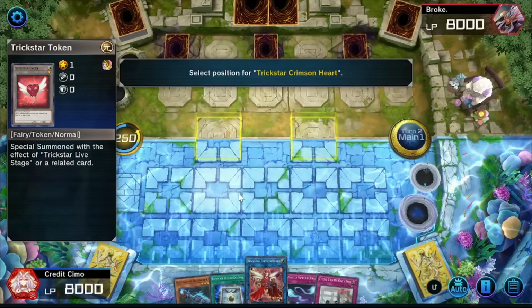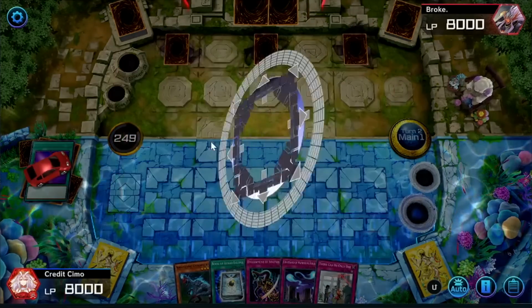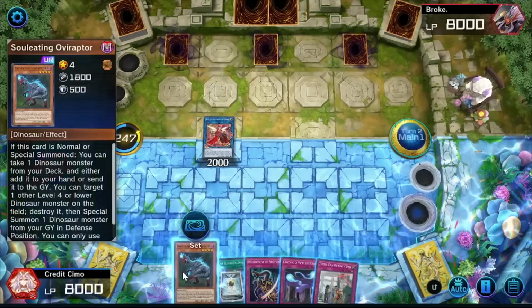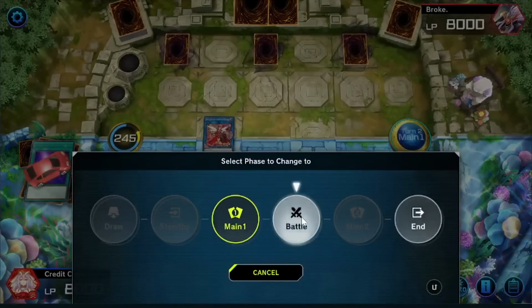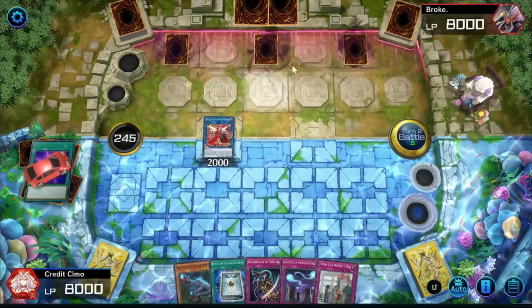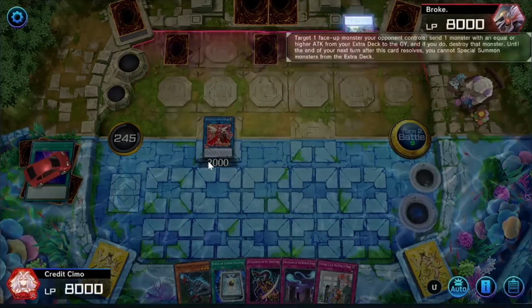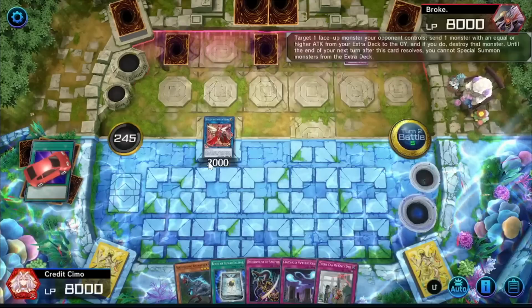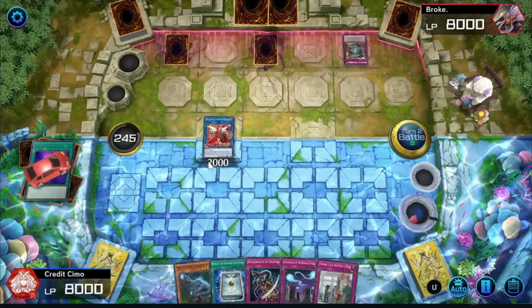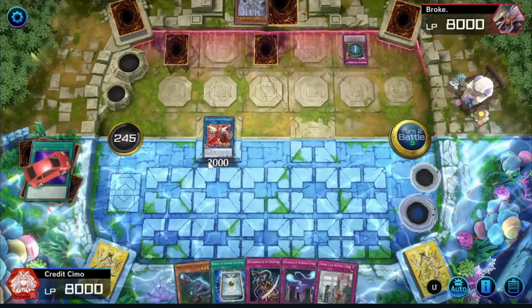We have a Crimson Heart essentially with destruction protection if we need it. We can set this, but obviously I'm not going to set that. We're just going to go straight to battle phase, and I'm going to attack directly. Again, I still don't know what he's playing. He's got the most ominously set cards. That's perfectly fine with me. This is one of the reasons I always say don't set cards in the...